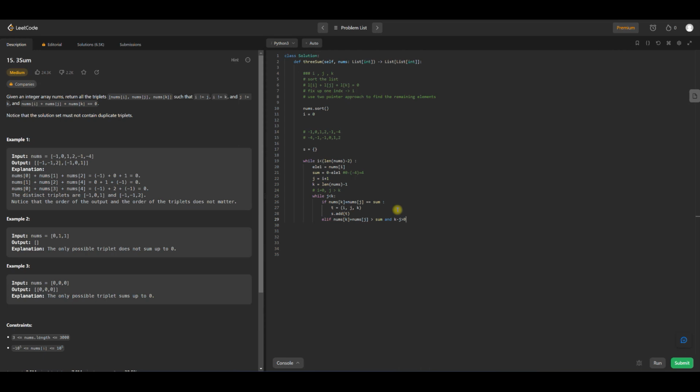If this condition is satisfied, what we will do is increment j. So my j index will get incremented. Otherwise,